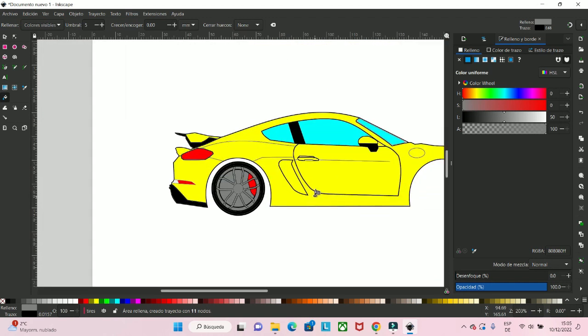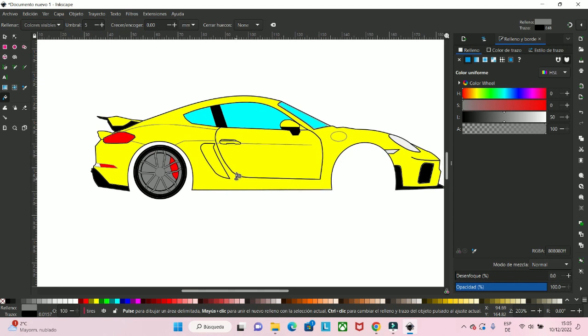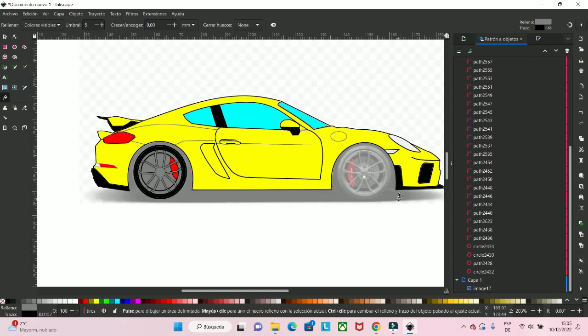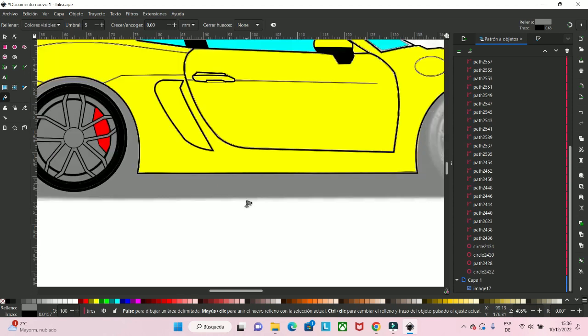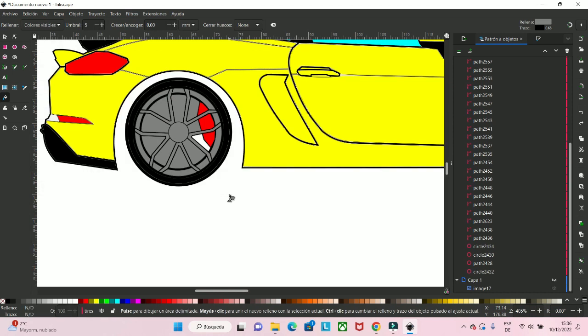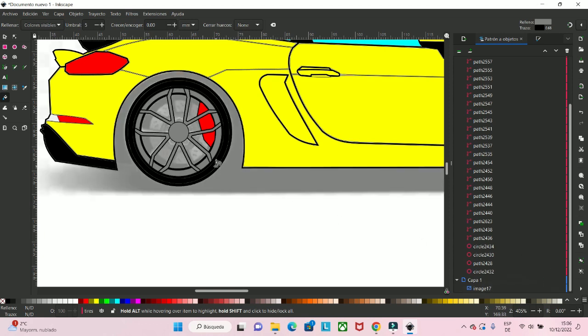But I think this is not a good idea because it doesn't look so nice. So have a look here, turn on the blueprint, and you can see here this is too much. It's just one circle more we need. Then we can delete these parts here again, and now